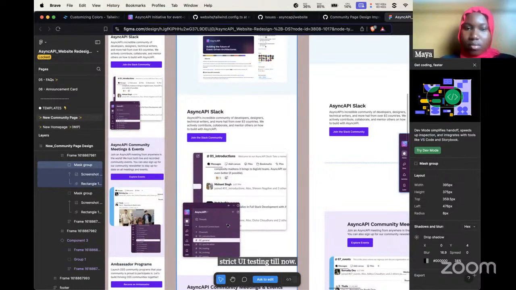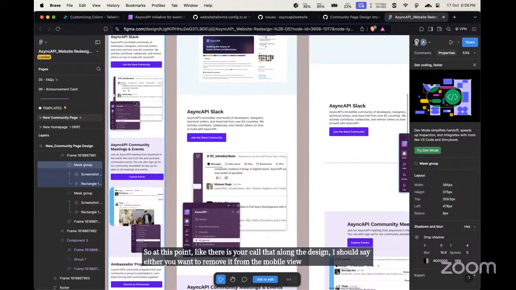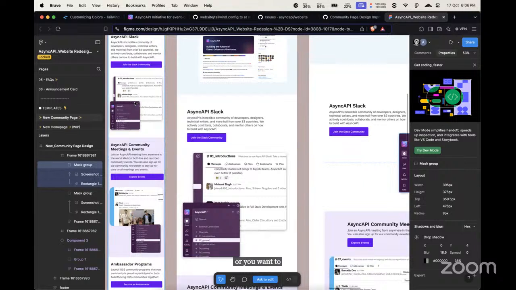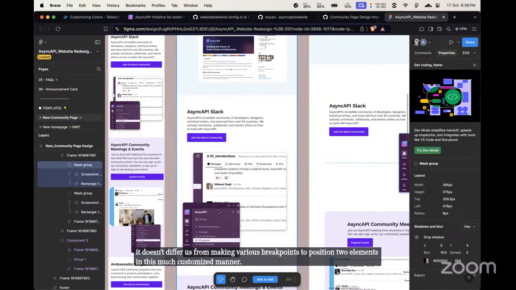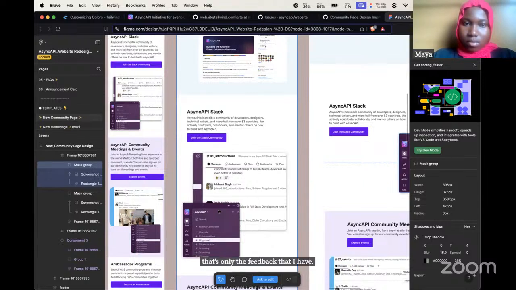So at this point it is your call, along the design, either you want to remove it from the mobile view, or you want to take it as a single image. But I would suggest making it something that doesn't force us to make various breakpoints to position two elements in such a customized manner. That's the only feedback that I have for you.